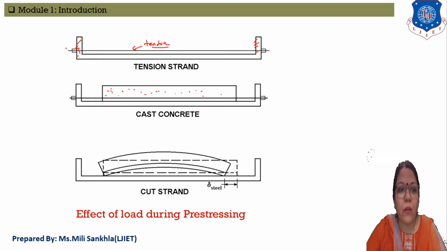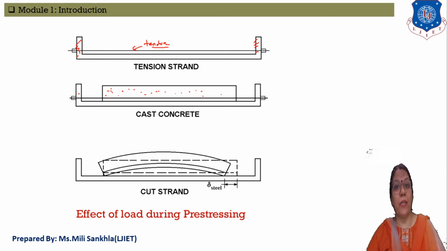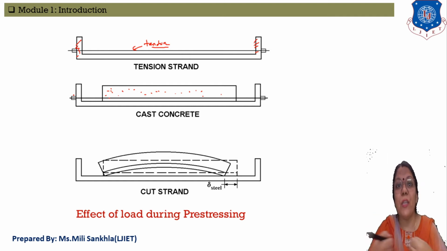Then we cut the tendons. What will happen at that time? Steel is a ductile material. First of all, the steel is in tension, in stretching condition. When we cut the tendons, which are made of steel, what will happen? The tendons or steel try to regain their position. That means they will try to decrease their length, because they were in stretching condition, and if the material tries to regain its position, it will be in decreasing condition.